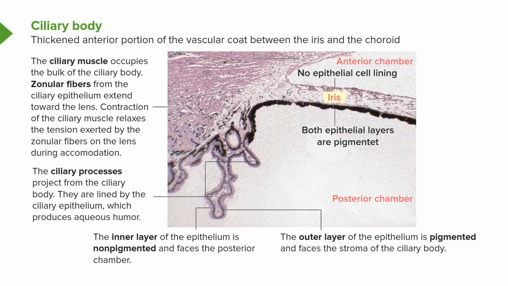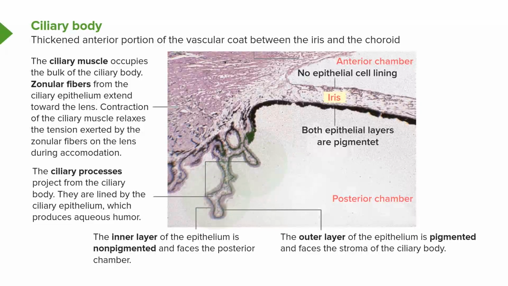Let me now move from the iris to the ciliary body, shown here in the diagram. It's got a number of components which I would like to explain to you. First of all, the ciliary muscle is the bulk of what you see on the top left-hand side of this picture. Ciliary muscle is very important because when it contracts or relaxes, it affects the dimensions of the lens, because